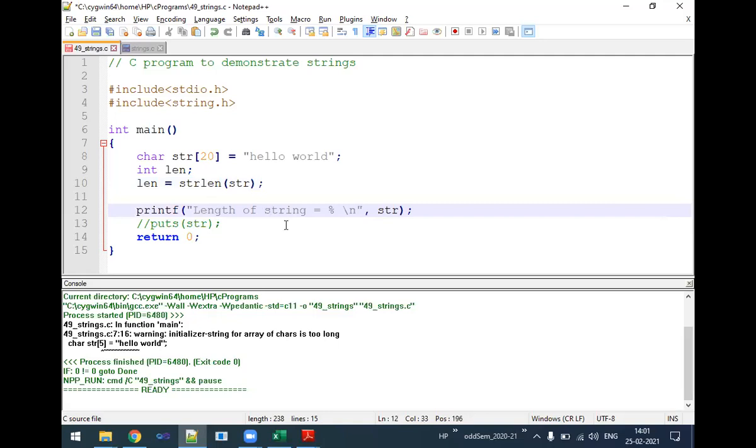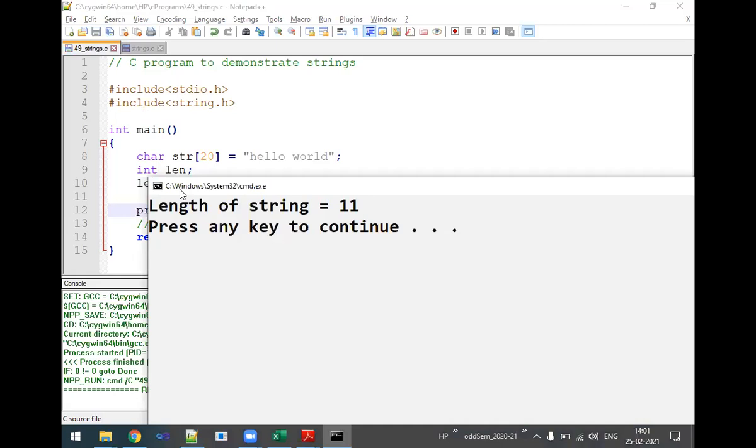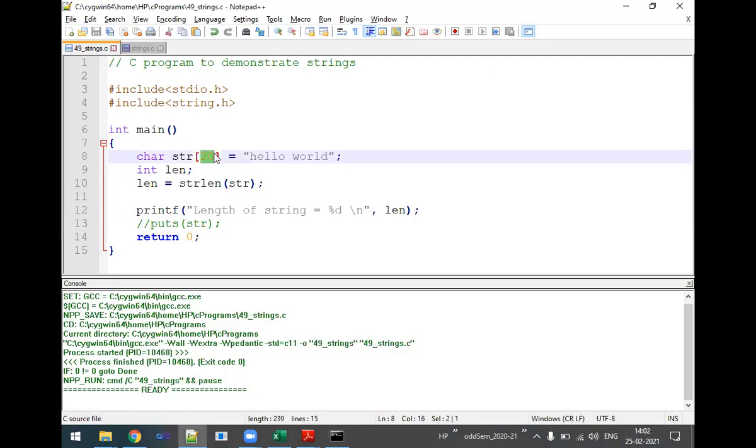Compile, no warnings, no errors, run the program. Now it says length of the string is 11. You answered me 20. Now, who can tell me how it is 11? The length is the actual content of the string value. Even though I have declared it to be of size 20, how many characters am I allocating? 11 characters. How 11? This 5 and this 5, and a space. There is one more, that is the space. Now what if I give one more space here after d?